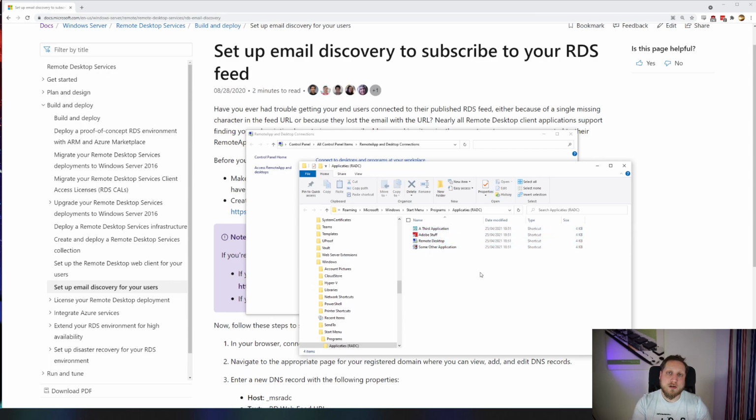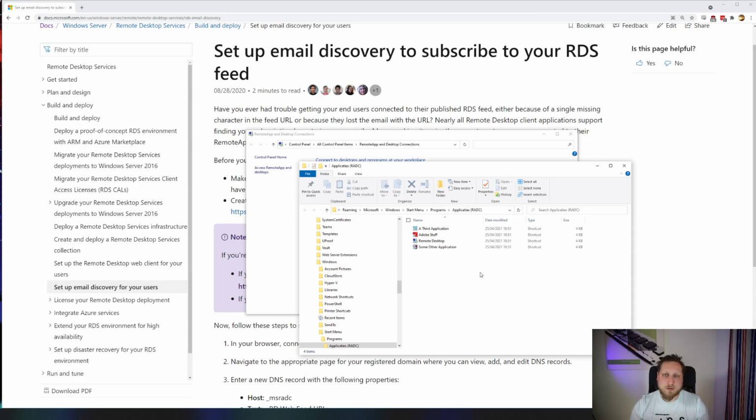So you don't have to worry about sending all of your users the correct RDP file or having them perform some tricks to log into the application. You simply have it available directly. Another cool trick about this RDS Auto Discovery is the mobile usage. It just increases it so much. People are just able to log on easier and just use their email address to find all of their resources.